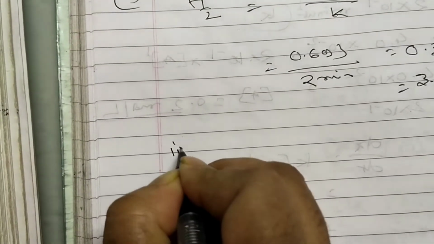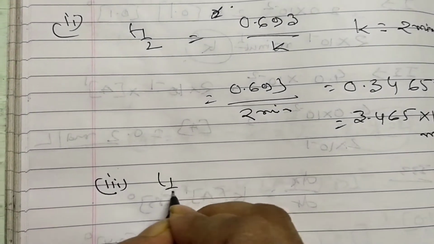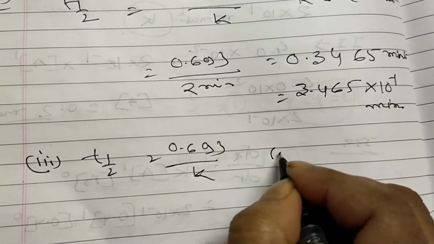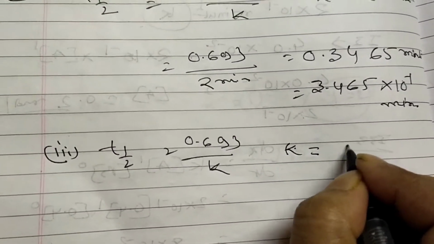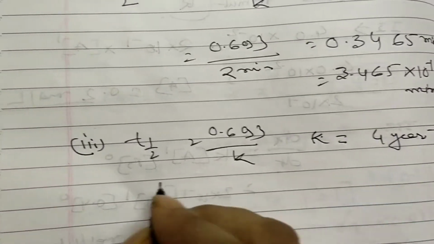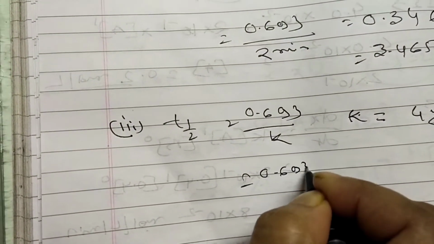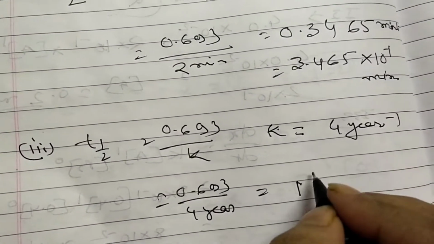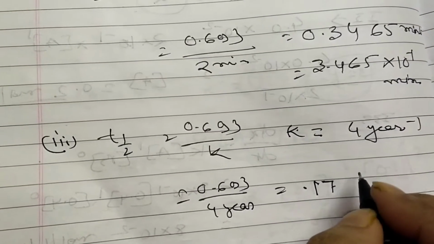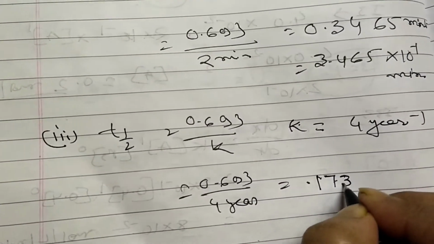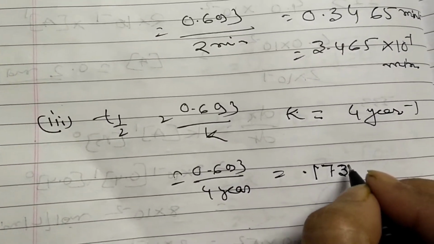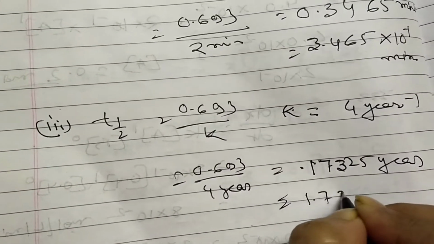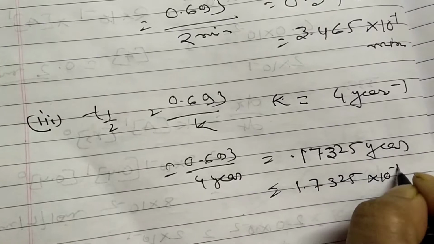Next one, for third, what is given to us here, t half equals to what you have to write down, 0.693 by k, and here k is given to us, 4 year inverse, तो डेफिनेटली वही सेम बात है, 0.693 by 4 year, है ना, so what will be coming here, 4 1 are 4 and 2 9 4 7 are 28, so पॉइंट तो पहले ही बैठा देते हैं, और 28 1 3 4 3 are 12 and again 1 0, that is coming 2 5, है ना, so it is coming this one year, or we can say 1.7325 into 10 to the power -1 year, over।